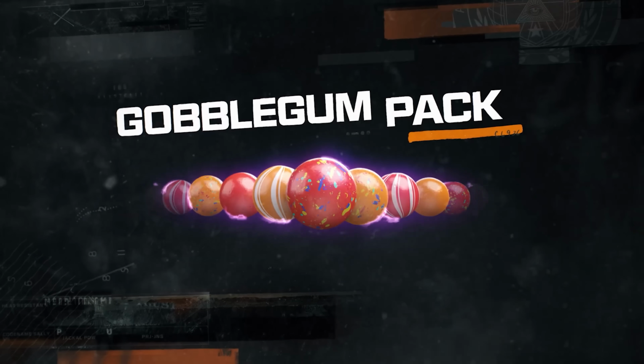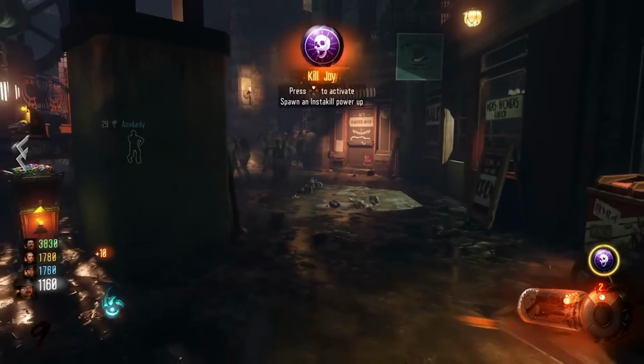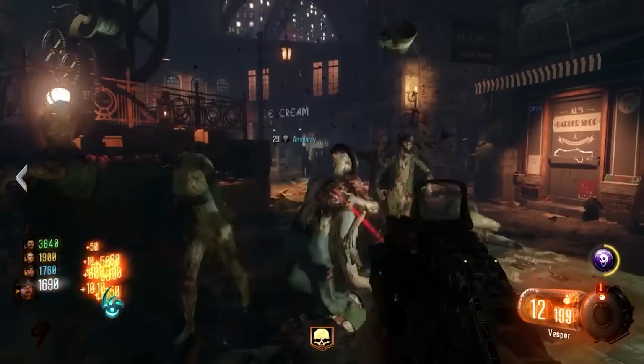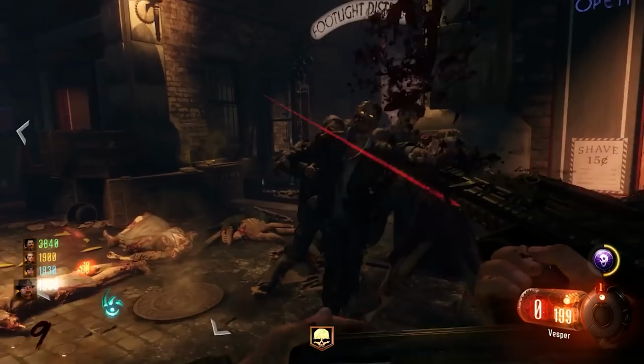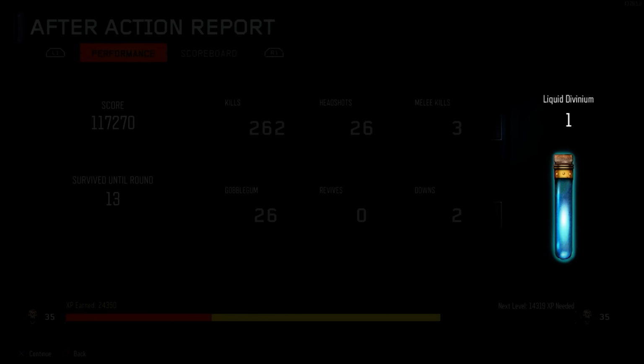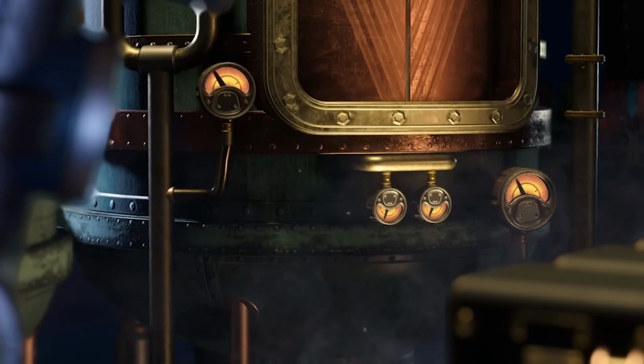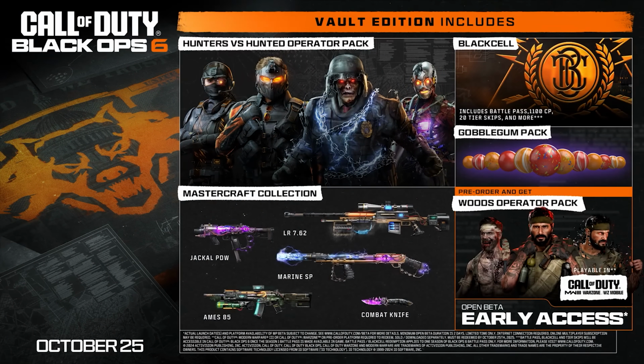The biggest confirmed feature returning is that gobblegums are returning in Black Ops 6, and these will be single use and give unique powers and have several different rarities. We don't currently know if these will be accessible via gobblegum machines around the map like we saw in Black Ops 3 Zombies, but Treyarch have confirmed that the gobblegum can be earned in-game. So despite paying extra for the Vault Edition and getting 12 gobblegums included, you will be able to earn them